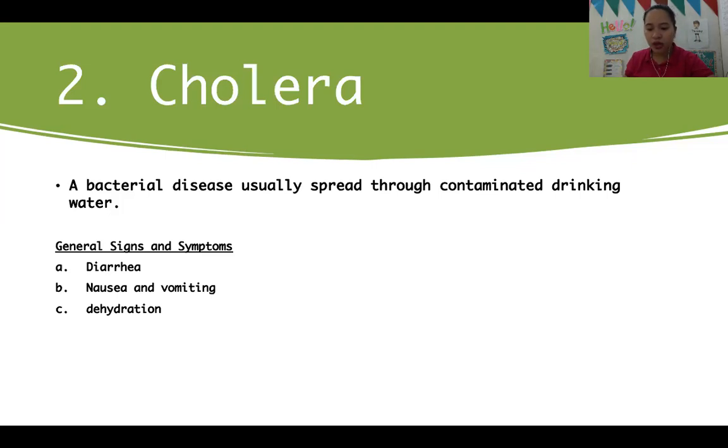So, a loss of 10% or more of total body weight indicates severe dehydration. Pag nawala yung 10% ng total weight mo, severe dehydration talaga yan. So, nausea and vomiting, magsusuka ka nito, mahihilo ka. Okay? Especially in the early stages of cholera. So, vomiting may persist for hours at a time. Lagi ka magsusuka, so madidehydrate ka. What do you mean by madidehydrate? Yung loss of water sa body mo. Okay? It's not safe.